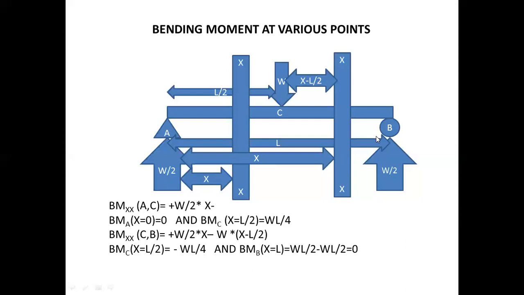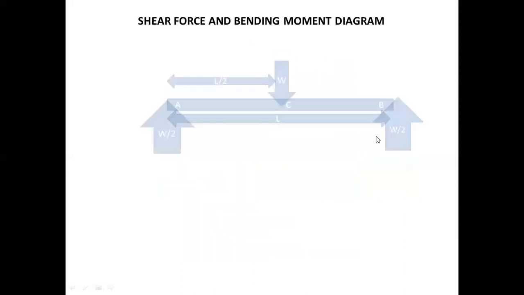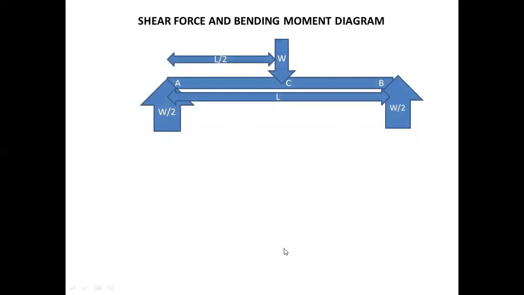Now we can draw the shear force diagram and bending moment diagram. So this is the beam, original beam. We have the reactions below, W by 2, W by 2. Again beam A, B, C. C is the midpoint, A is the support point, B is the support point. Now at the point A, what is the shear force? Plus W by 2. So I have put one line, approximately the distance is plus W by 2. According to our sign convention, plus is upward, minus is downward.